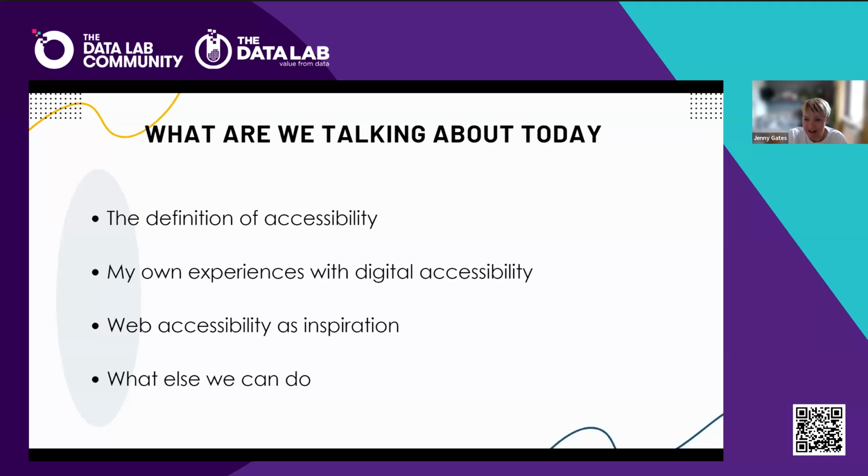Full transparency, I am not an accessibility expert. As Steve says, I've got some of my own lived experiences. And what I'm reflecting on here today is what I've learned from other people, what I've put together as well. And it's aimed at being a very high level introduction to accessibility. It's still a growing area that I think a lot of people are starting to either just initially hear about or start to develop their knowledge of as well. So I'm aiming very much to give you some thinking and possibly talking points here, but ultimately the level of detail you need in accessibility is quite extensive. That said, please do ask questions on anything that comes up. And with that, I will crack on into